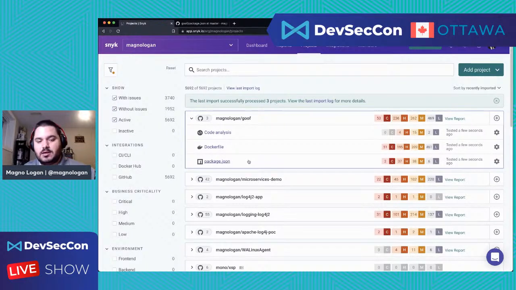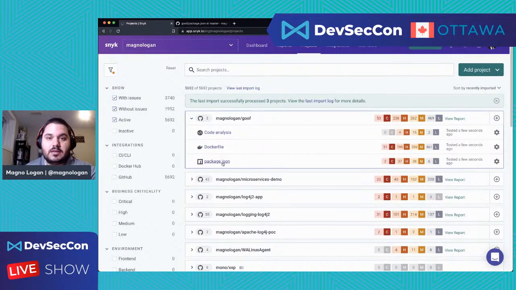Since this is a JavaScript Node application, I'm focusing on the dependency metadata of the JavaScript, which is located in the package.json. I can quickly see here the overall results of vulnerabilities, and the results by different scans or different features. You can see critical, highs, mediums, and lows, so we have different severities of vulnerabilities, which is nice.